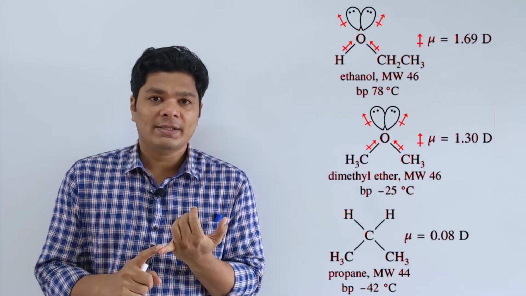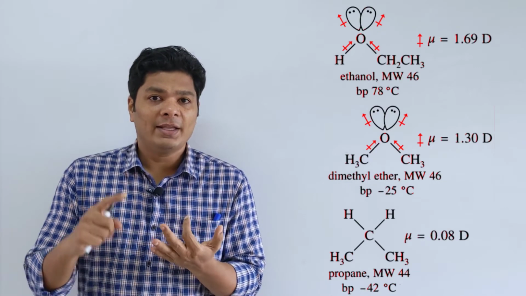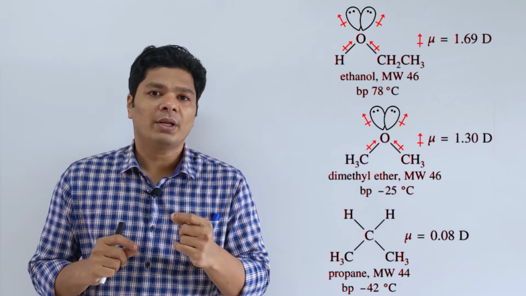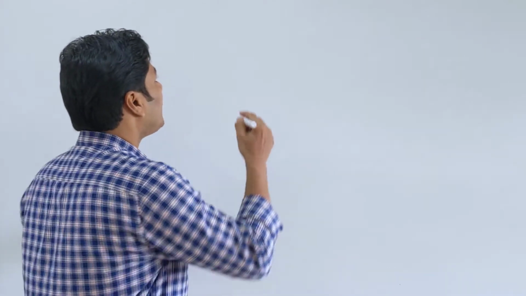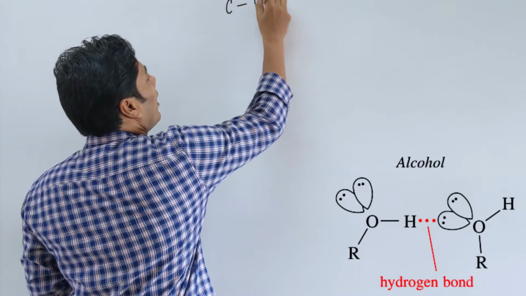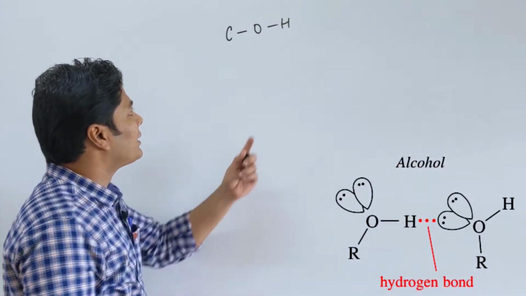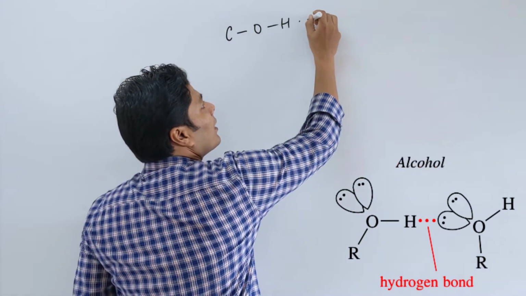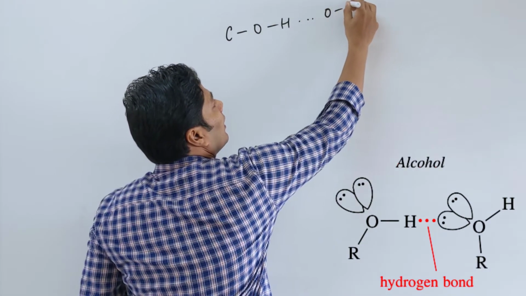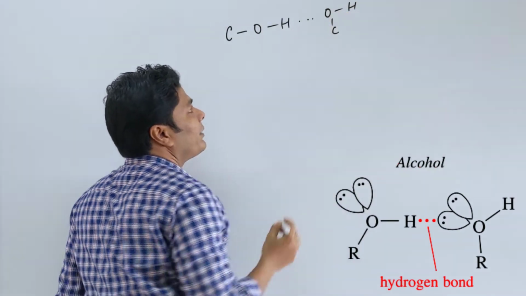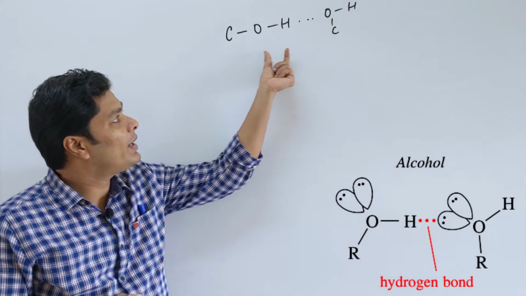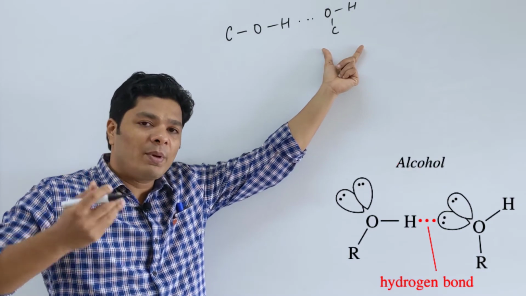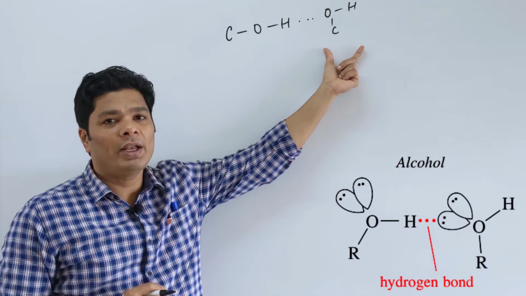Unlike your alkyl halides and also your alkanes and ethers, alcohols and phenols have an important property because they have an oxygen atom attached to a hydrogen atom. This hydrogen is acidic, so it can take part in hydrogen bonding. This hydrogen bonding between an alcohol molecule and another alcohol molecule makes it not want to go into the vapor phase easily, meaning a raised boiling point.